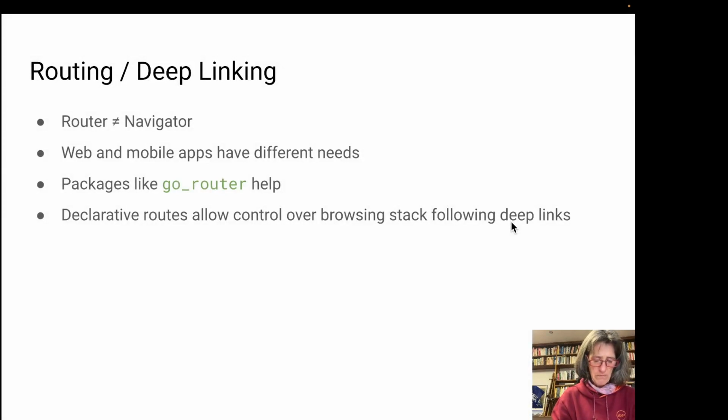Right. The last topic I want to briefly touch on is routing and deep linking. This is an interesting topic and has become a very interesting topic since web came about. The reason is that web and mobile apps have somewhat different ways of handling stack and backlinks. And for a while, this was causing a bit of a problem for Flutter when web came around. To address this, the Flutter team provided a new router and navigator API, which general consensus was pretty good, it solved the problem, but it was incredibly complicated to use and people didn't like it that much.